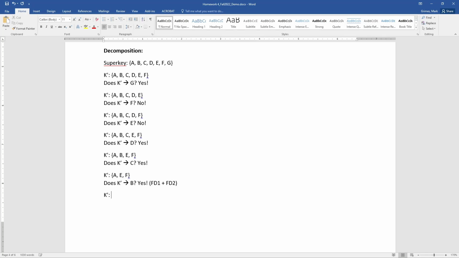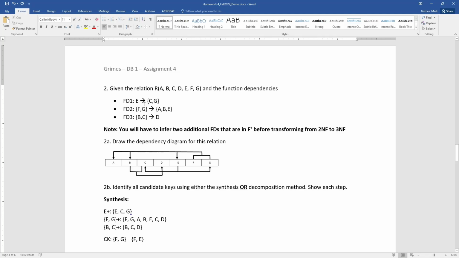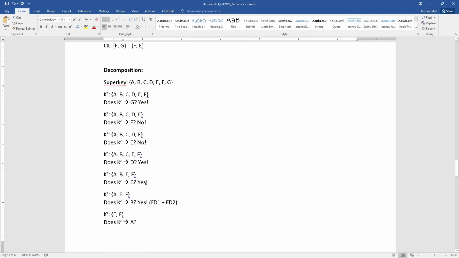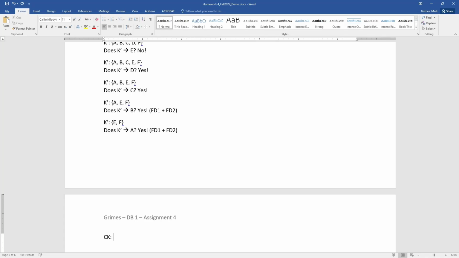And then we'll try one more here, making K prime E, F. And then we're going to ask the question, does K prime functionally determine A? If we know the values of E and F, can we determine A? A similar situation here, E determines G. So as long as we have the value for E, we can determine G. So FE would functionally determine A, B, and E. So the answer there is yes, again, because of functional dependency 1 combined with functional dependency 2, meaning that we have a candidate key of